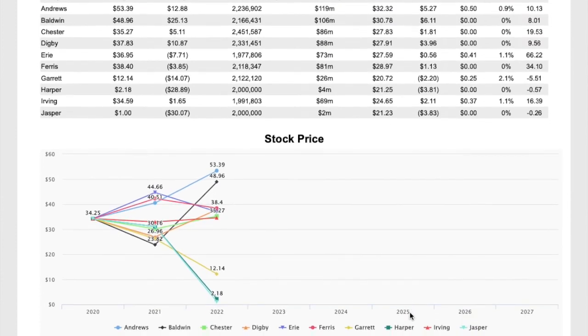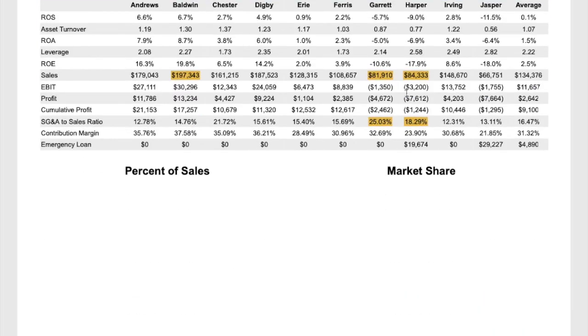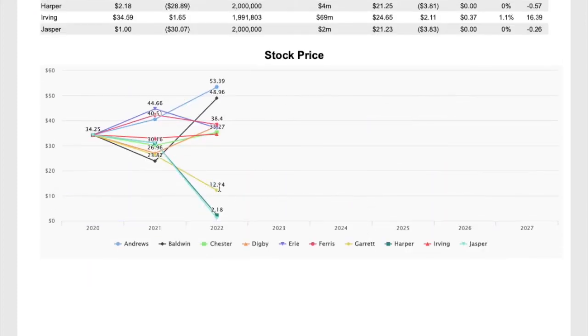Okay, so stock and bond, team Jasper, let's see, and also team Hopper. You guys really need to focus on though, your stock price is $2. Let's see, team Hopper, because at the same time your profit is negative as well, and team Garrett having a negative profit. So team Garrett and team Hopper really need to focus on how you can improve